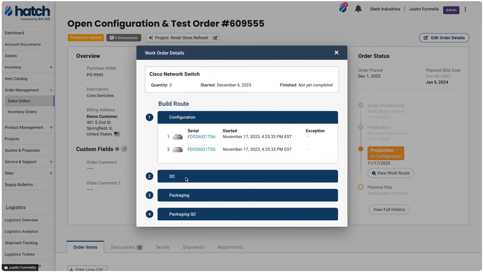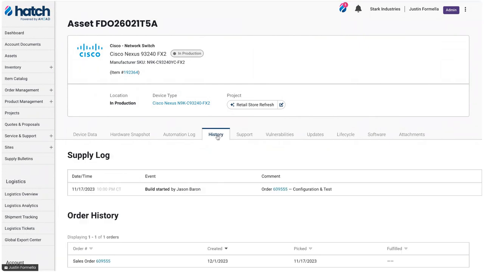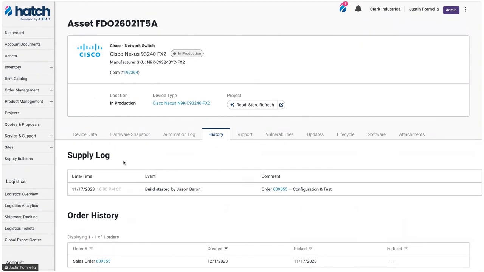We can see the exact work center on an integration center floor that these devices are sitting in. Really neat. You can click in and I'll show you more about the asset details and the amount of verbose details that are available here, but I can even see details down to history and every individual person who may have touched that asset along the way before delivery.